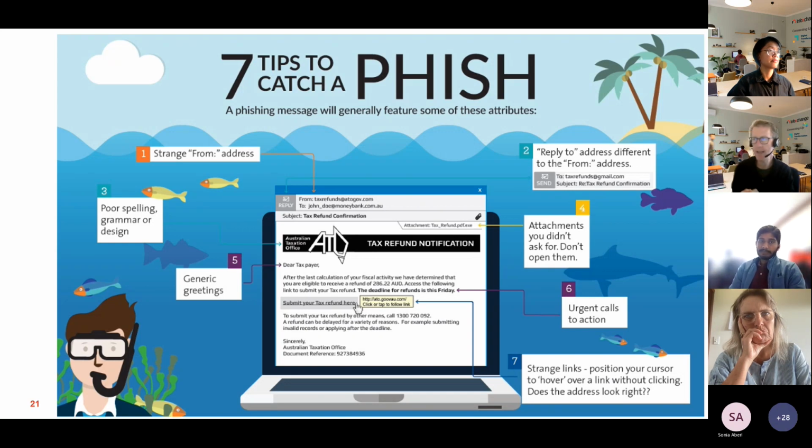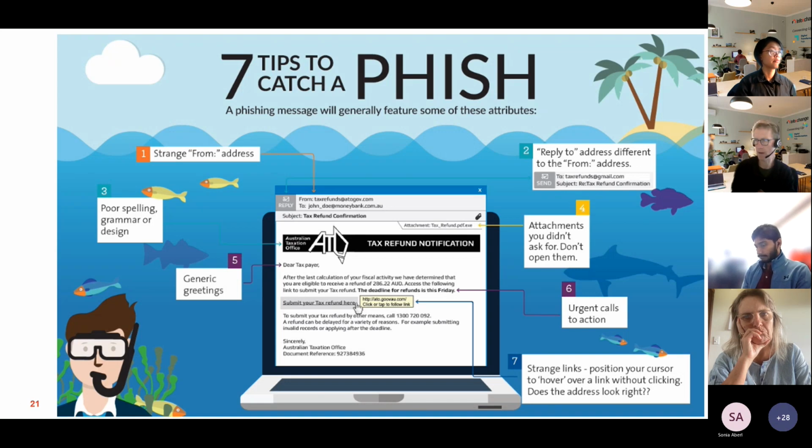If they're aware of these, 95 times out of 100, they'll pick up the phishing attempts. Checking the from address, checking the reply address, looking for poor spelling, grammar, or design, being aware of attachments that weren't asked for, a generic greeting, dear taxpayer, dear sir, rather than dear Marcus, an urgent call to action, click now to submit your tax return, I need money transferred today so I can purchase something,